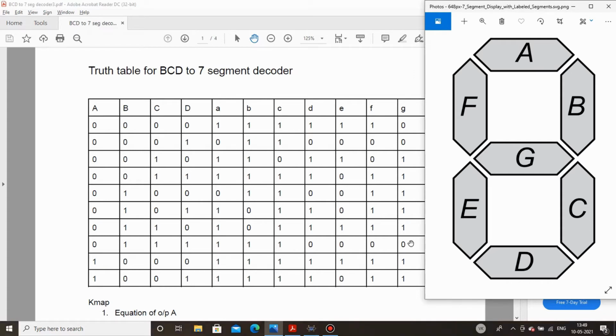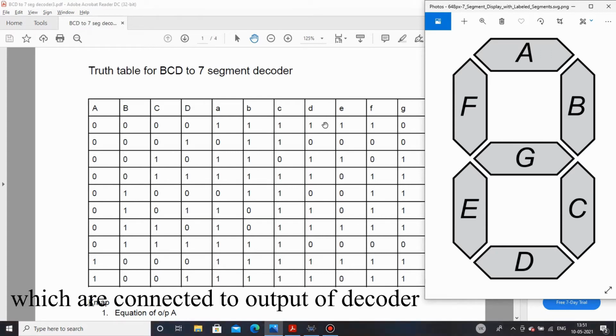Now one thing to notice here is that the decoder that we are going to design in this video is an active high decoder, meaning depending upon the inputs the corresponding output lines will go high. One thing to add is that whenever you are using an active high decoder, you should make sure that on the output side you are always having a common cathode display, because in case of common cathode, all the cathodes are grounded and the anode pins remain, which are connected to these 7 segments.